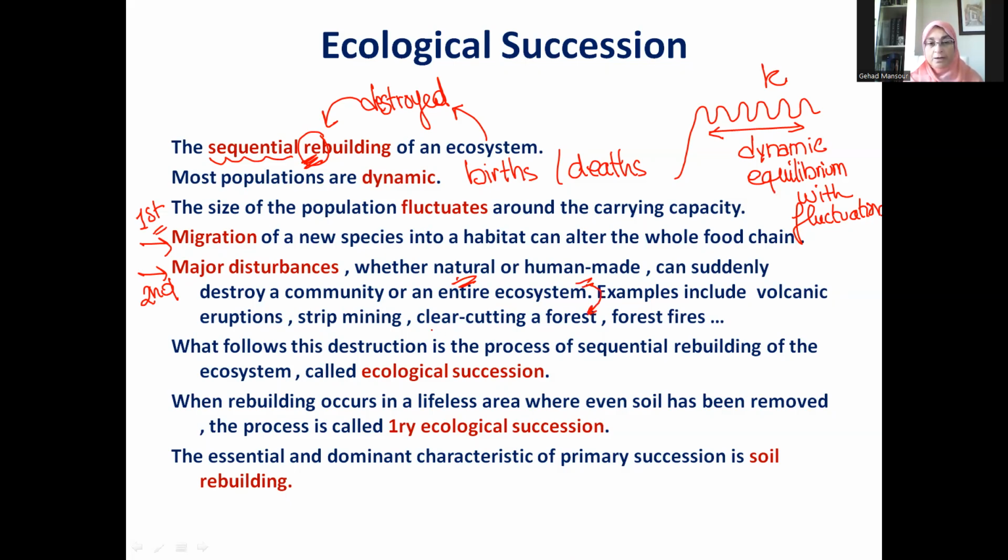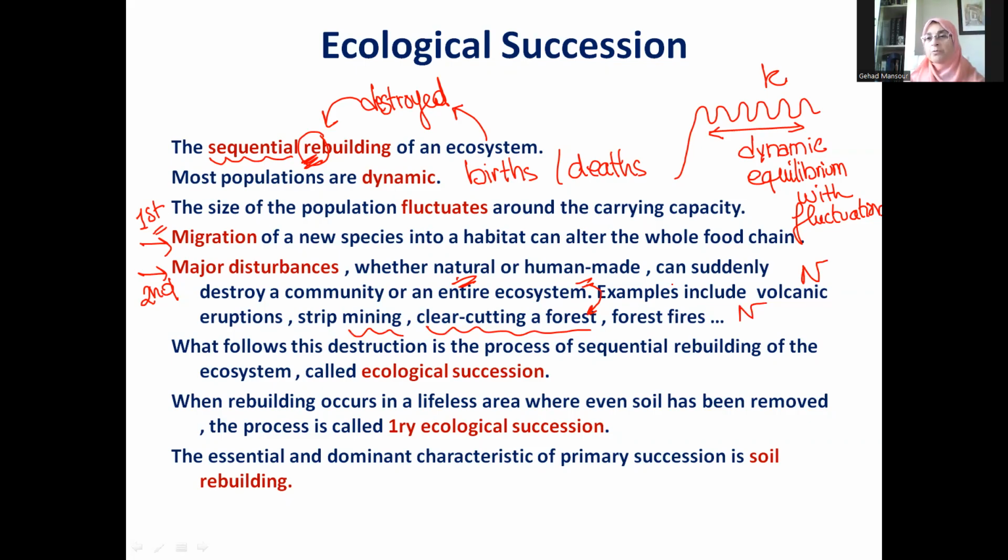Sorry, human-made like mining and clear cutting of a forest. So, of course, volcanic eruptions and forest fires are natural, but mining and cutting trees in the forests are man-induced. If this destruction is a massive destruction that removes most of the organisms in a particular ecosystem, then gradually,